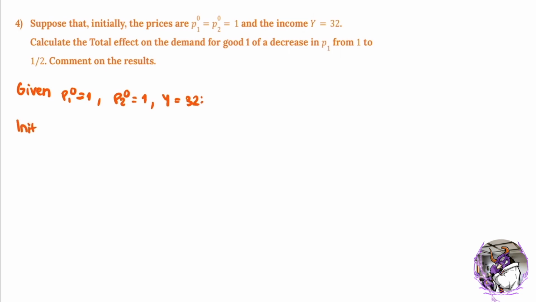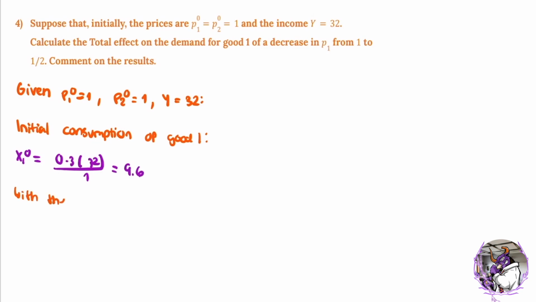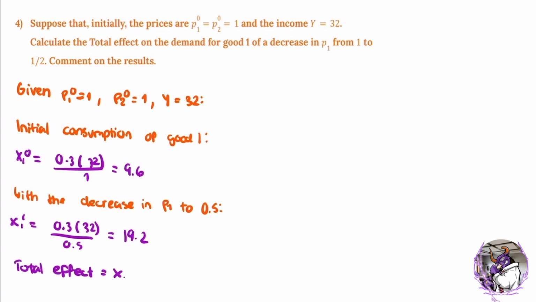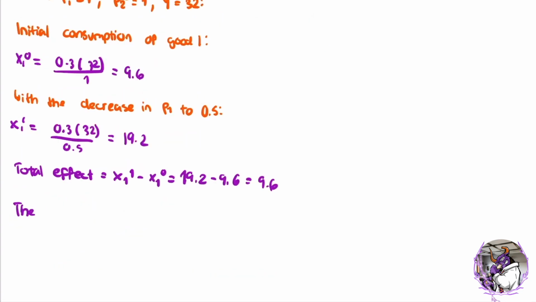We know that the initial consumption of good 1 is x1 equals 0.3 times 32, our income, and we divide it by 1. The result for it is 9.6. However, with the decrease in P1 to a half, we know that x1 is equal to 0.3 times, again, 32, our income. We divide it by a half, which is the decreased price. We get a result of